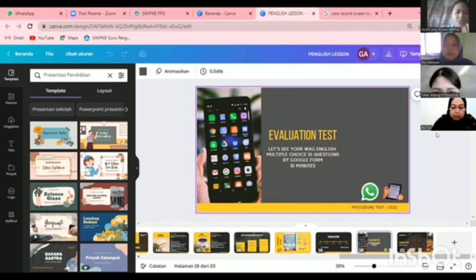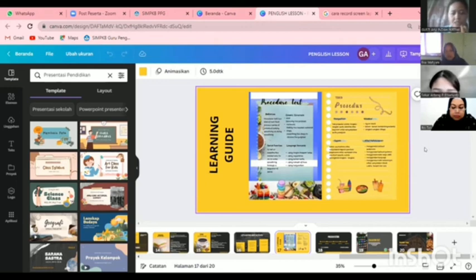Okay, good. So, what is the purpose of procedure text? The procedure text is to help us make something. Food. Okay, thank you. And then what is the generic structure of procedure text, everyone? There are three. The first one is goal. The second one is materials or ingredients. And the last one is what? Steps. Okay, thank you.